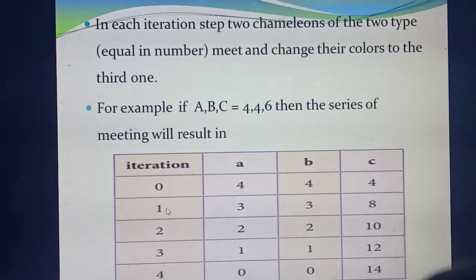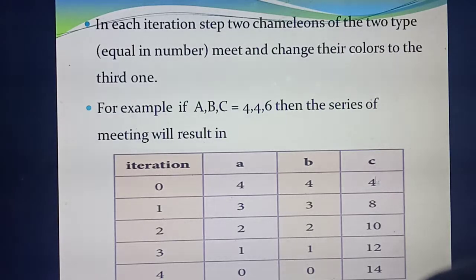Then next, in the first iteration, what you need to do? You need to reduce, that is minus 1, the value of A and B. For example, 4 minus 1, what's the value? 3. Here also 4 minus 1, 3. So listen, 3 plus 3, 6. How many more are needed to get the value 14? 8. Otherwise, you can write that each time the value of C is incremented by 2, that is plus 2.